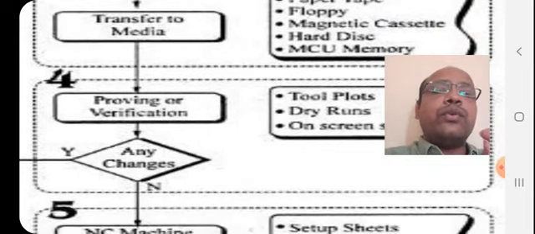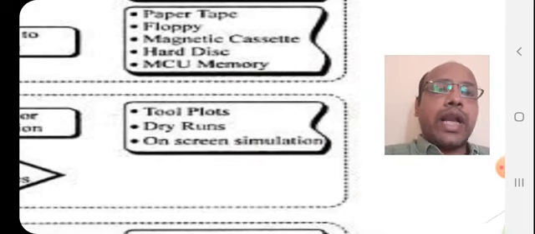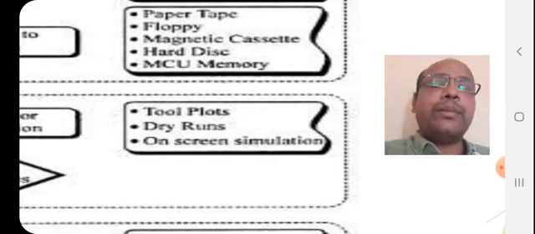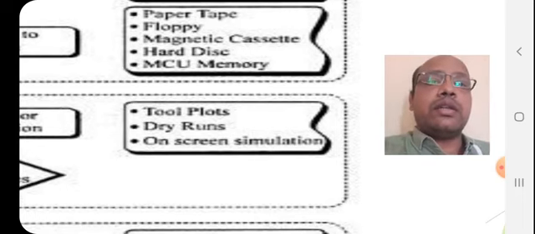Fourth step, we have to verify the prepared tape. For this verification we need tool plots, dry runs or on-screen simulation. If you have prepared a tape and written a part program on it, you run the machine without doing a job, and that is called a dry run.